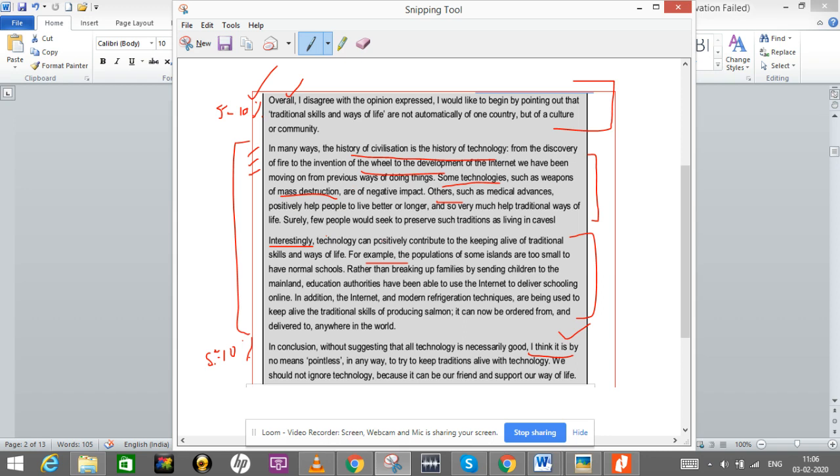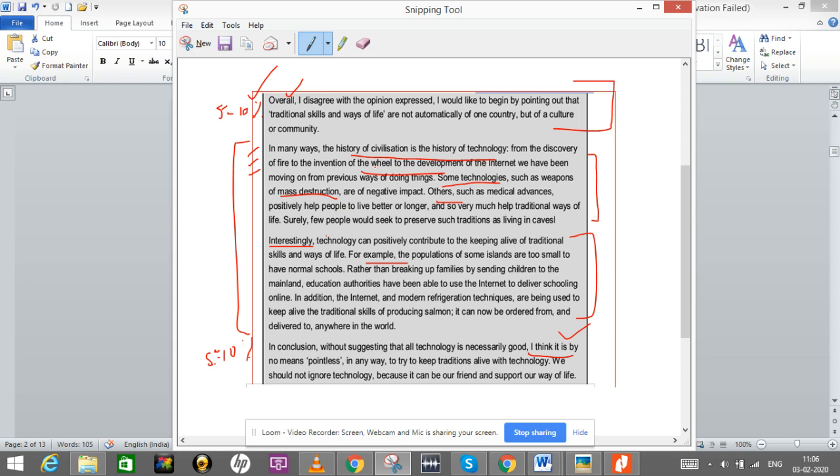All right. Now, there are people who would ask, how many points should I write in support, how many points should I not write, or maybe how many points should I write in the counter argument, or just counter the argument. So that is one thing. Now, when you develop an essay, you have to be clear what you want to write, what stand you are taking. So if your stand is suggestive of